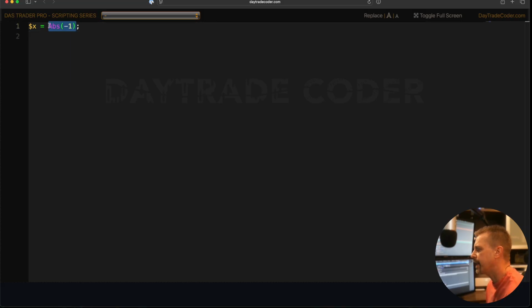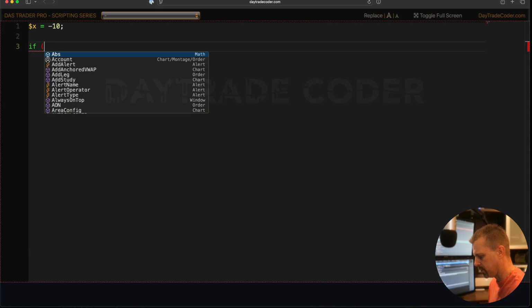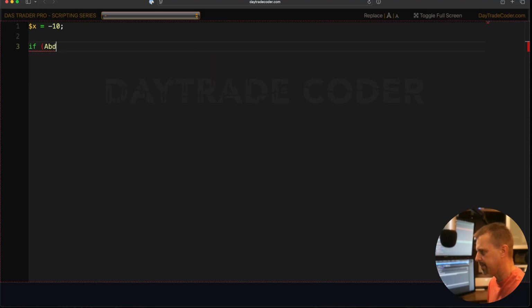So where this comes in handy is say you have a number assigned to x, and say it could possibly be a positive number, it could be a negative number, you don't know. Your logic wants to assume that it's always going to be positive in a certain situation. So if that was to happen, say for example, we wanted to look and see if the absolute value of x was greater than 5,